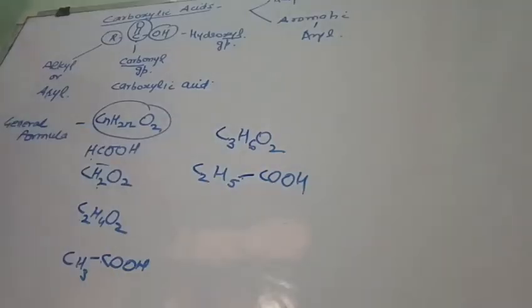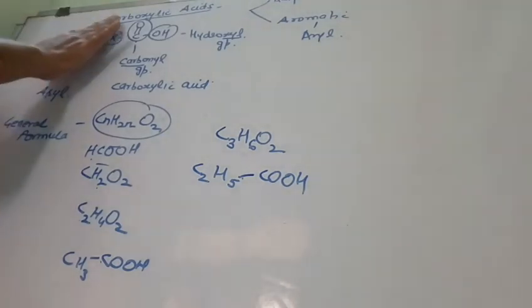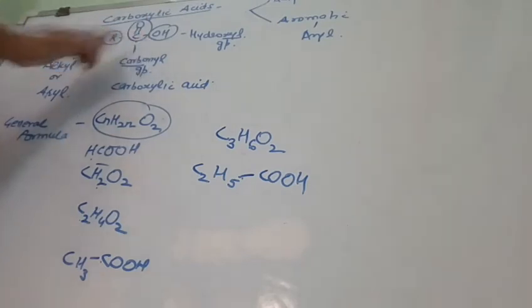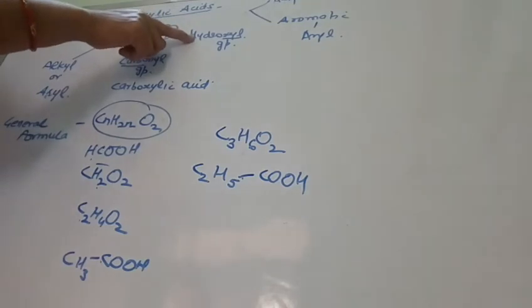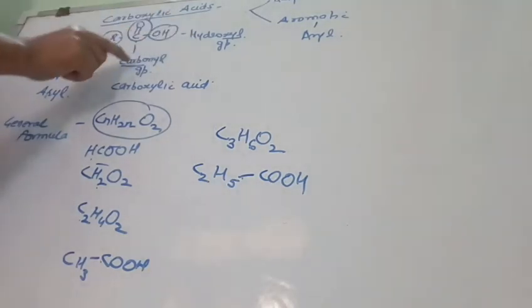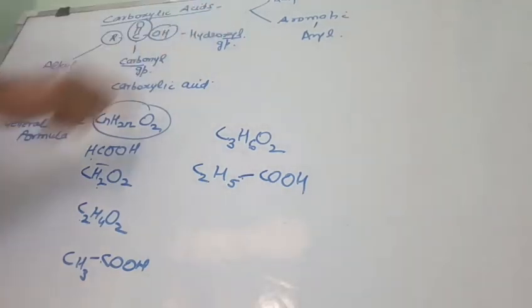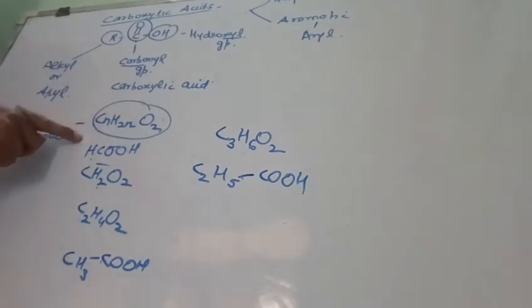Got it? So once again reminded, carboxylic acids are the compounds which contain COOH group. Here COOH group is known as carboxylic acid group. Its name is derived from the carbonyl group and hydroxyl group which is present in it, right? So from carbonyl group we take carbo, from hydroxyl group we take oxyl, and it becomes carboxylic acid. Okay. Now the general formula for monocarboxylic acid is CnH2nO2, and we can make the structure of the compounds like that.